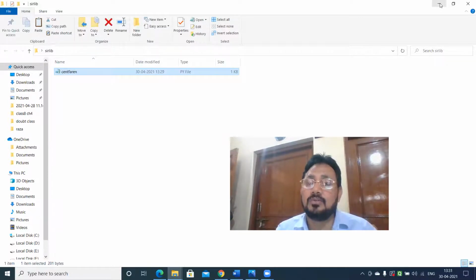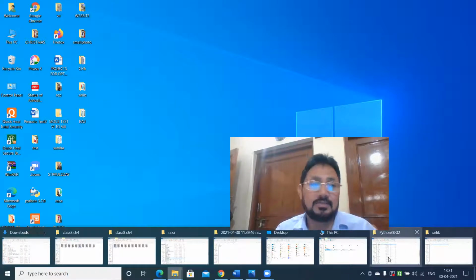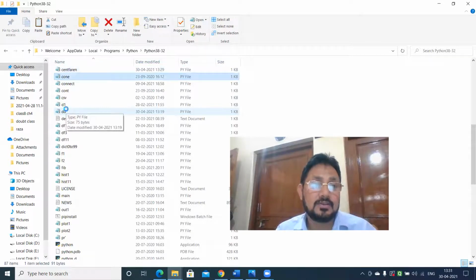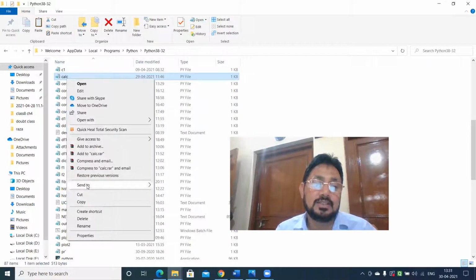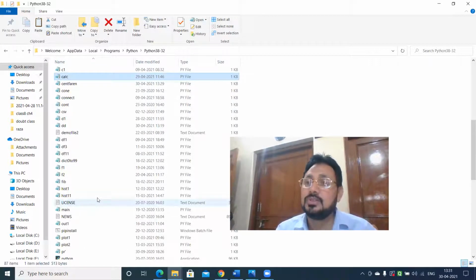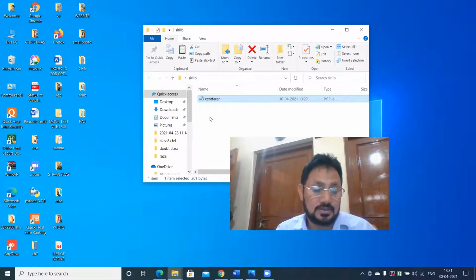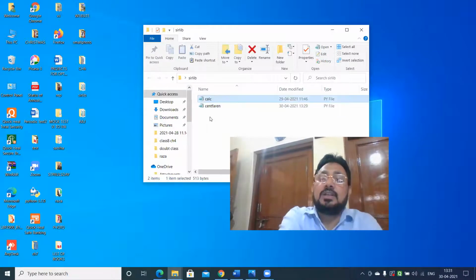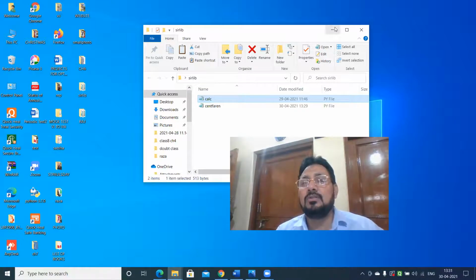I will also take one more. Python is already open here. That is cal. This I have already made and checked. So I will take this. It's already stored there. Copy. And then I will paste in that. Control V. Now this library which I am going to make, serlib, is having two modules. One is cal, another is cent Fahrenheit. Understood? Now minimize it.